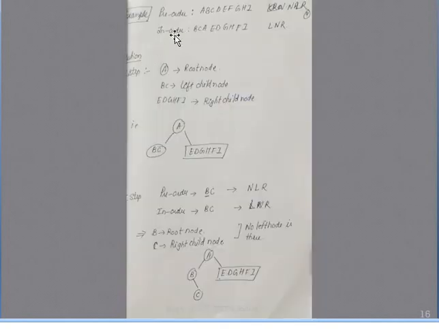So this is the pre-order. The second example that I had considered is of the pre-order and the in-order. In the pre-order, first we are visiting the root node, left child and the right child. And in the in-order, we have the left child, parent node or the root node and the right child node. If I am carefully looking at the pre-order, I will get the root node at the first place, whereas in the post order I am getting the root node at the last position. And with the in order I can easily predict the left child and the right child.